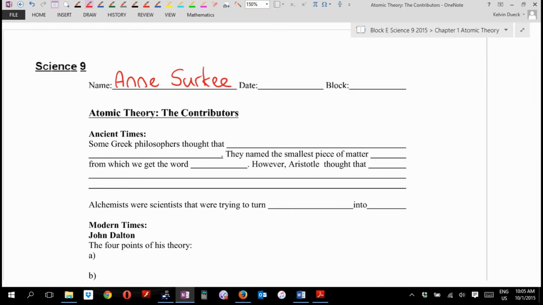Okay. Ancient times, what did some Greek philosophers believe? What did you put here? Sure, Ev. The matter could be divided endlessly into smaller and smaller pieces. Okay, I don't want to write that much, so I'm going to abbreviate because I tend to do that. So they thought that you could, did you say divide? Do you mind if I go like that? That might be a good abbreviation for the word divide, yes? Matter into,